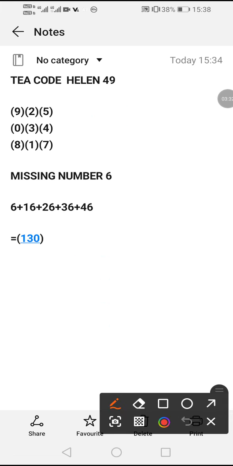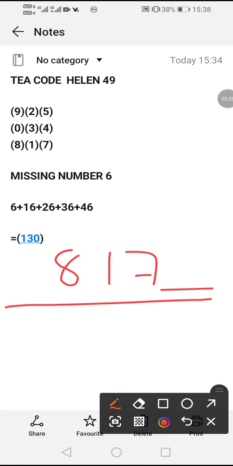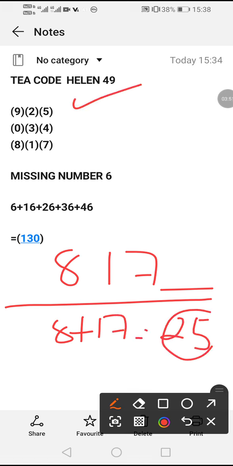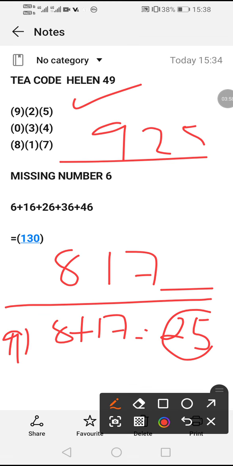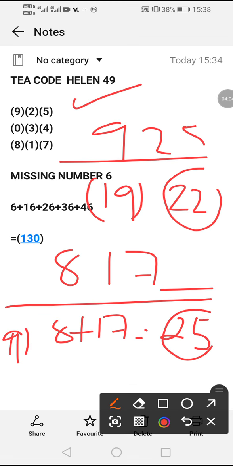Let's move on to the next code, which is 817. This number can just come like as an 817 like this. That can happen with Helen, but I don't want to chance. Let's add and subtract. So when we add, when I say 8 plus 17, we get a what? A 25. A 25 that I've just mentioned there. If we separate, we get a 9. So this number is a nice combination, like 9, 25. But if though she decided to put a 19 instead, if a 19 comes, you must know that the 22 also must drop on that corner.